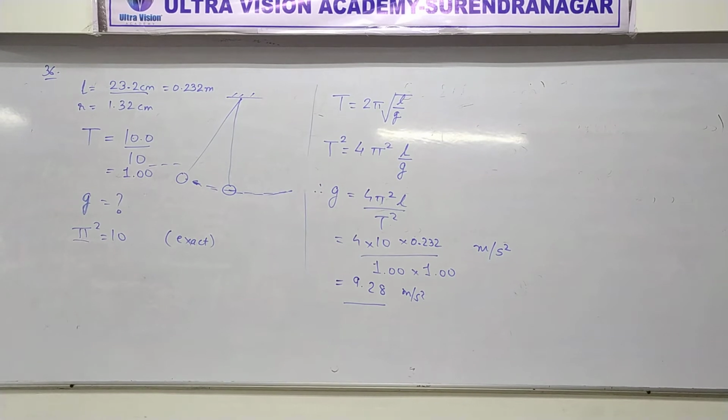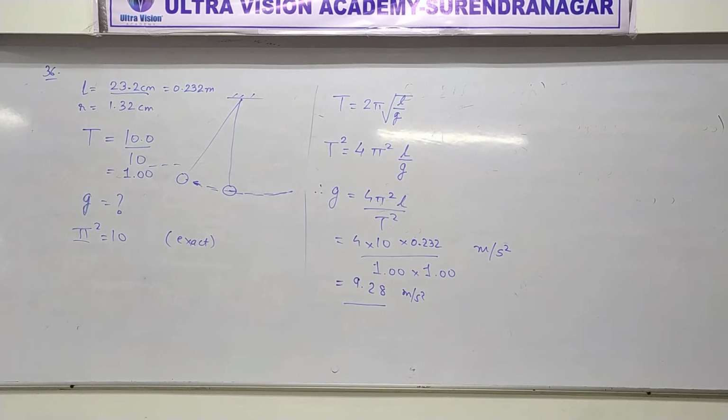See, there is one answer with 3 significant figures also. That is option D, 9.80. But 9.80 and 9.28 are not the same thing. Okay? Clear? So, because there is none of these options, we will go with none of these. Got it? Okay. So that would be the answer. Right? There is actually a big error. The actual value is 9.8, but here by this measurement, we are not getting that.